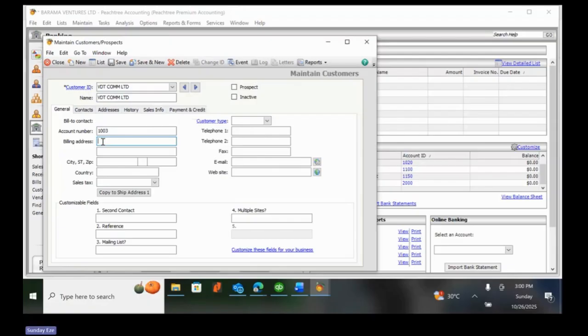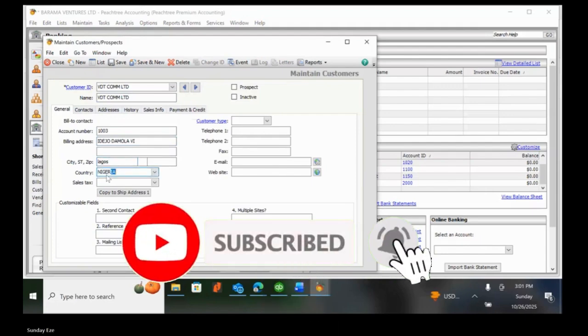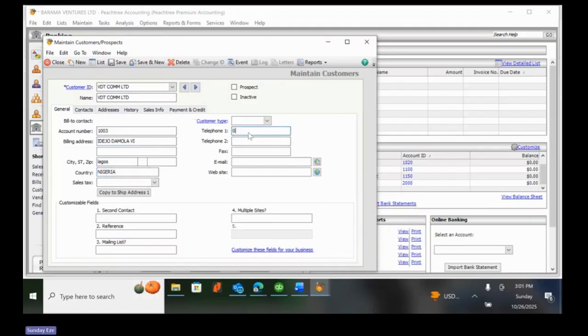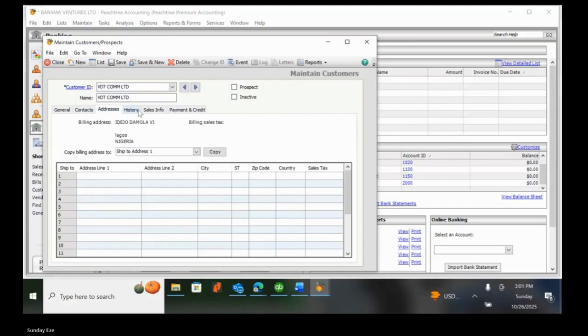Let's say the billing address is Idejo, Damola, Victoria Island, Lagos, Nigeria. You can put the telephone number. So let's move to contact and address. You don't need to do anything here. Address, history,